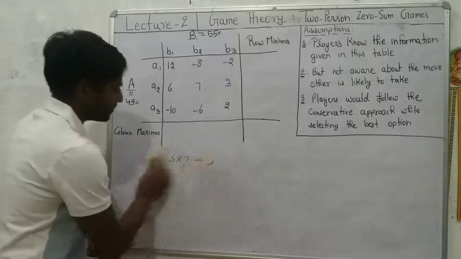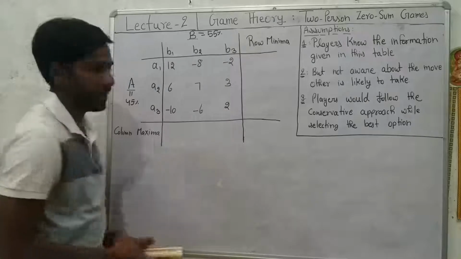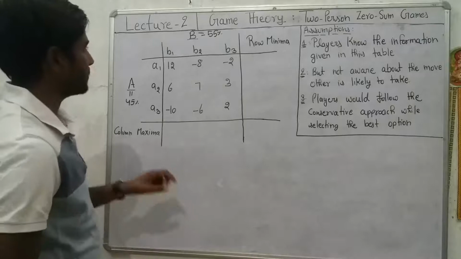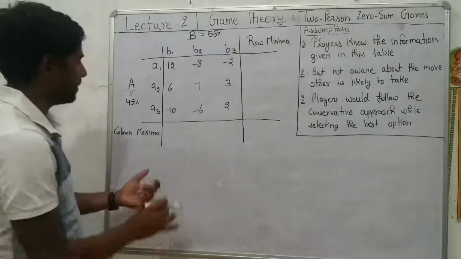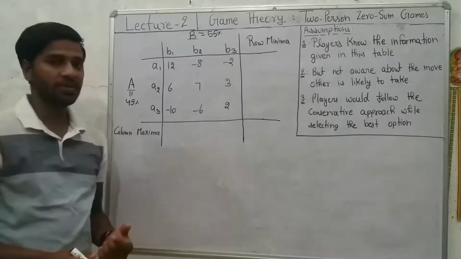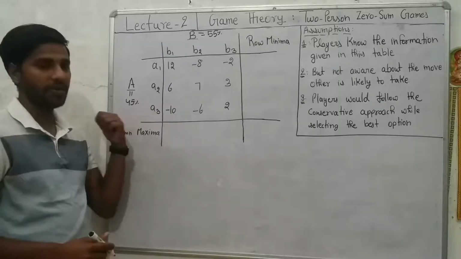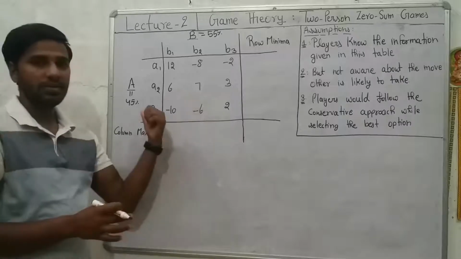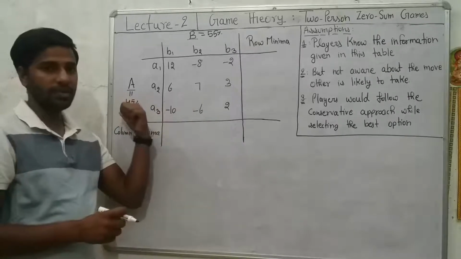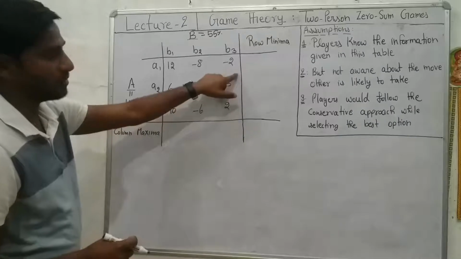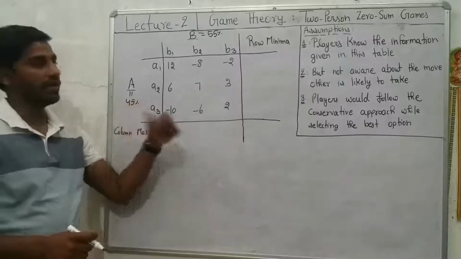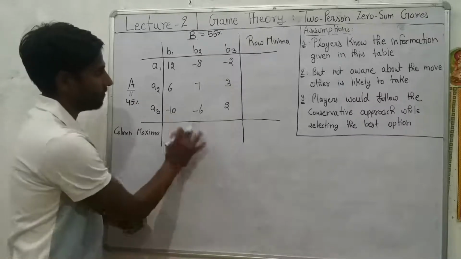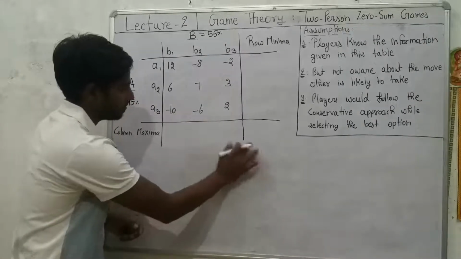Now we have to select the best combination for both of these competitors. Before that, we must keep in mind that this matrix is formulated from the point of view of A. What does it mean? It means that the positive values show the gain of company A, and the negative values show the loss of company A, or the profit of company B. You must keep this in mind while solving these kinds of problems.